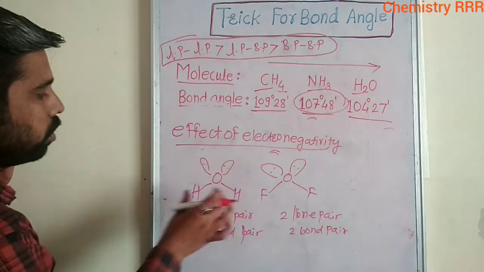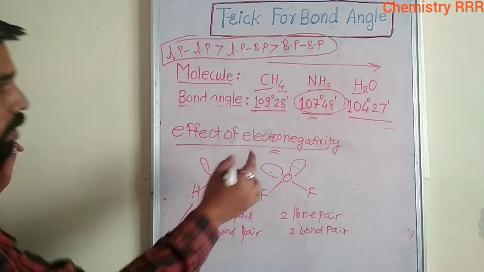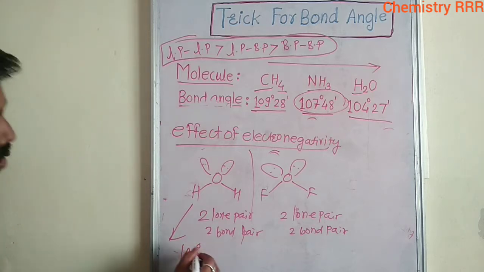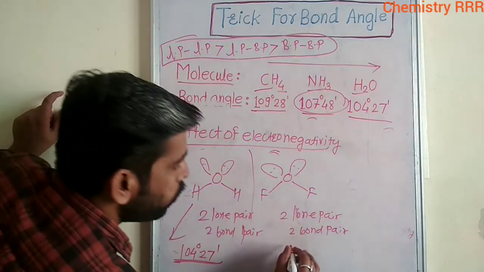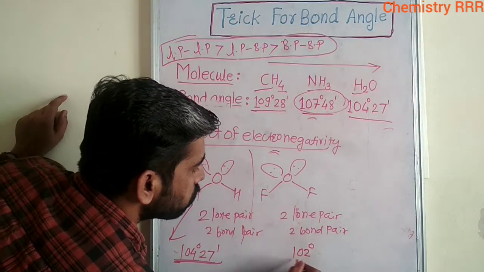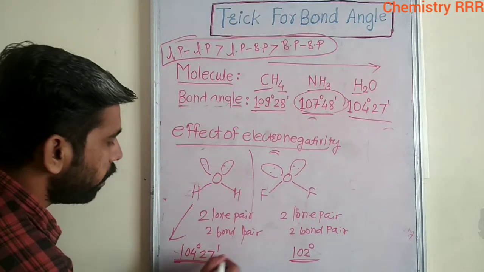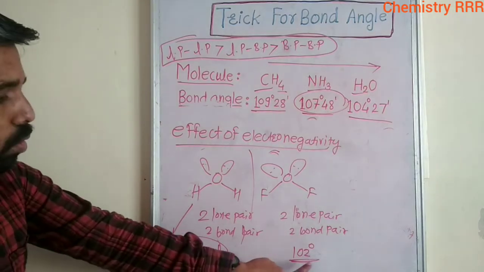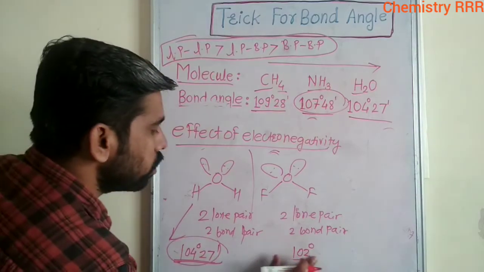Now in this case, the water molecule has the bond angle 104 degree 27 minute, and OF2 has 102 degree. So why does the bond angle decrease from 104 degree 27 minute to 102 degree? This is because